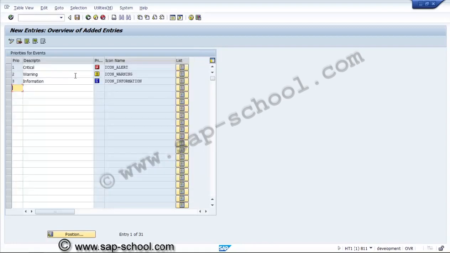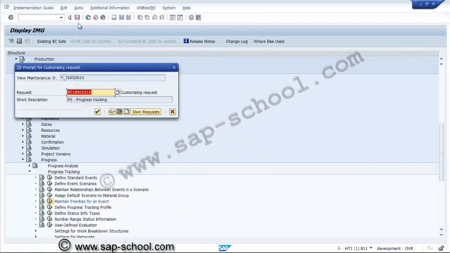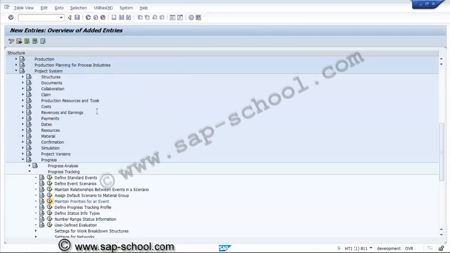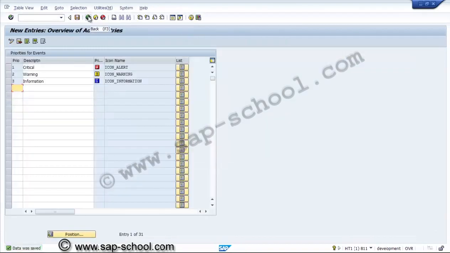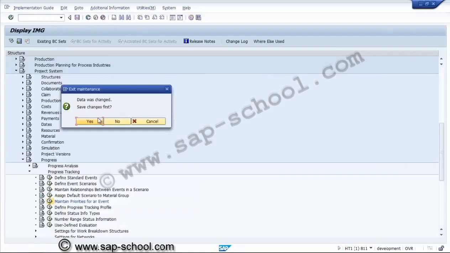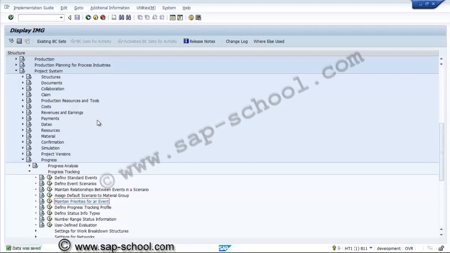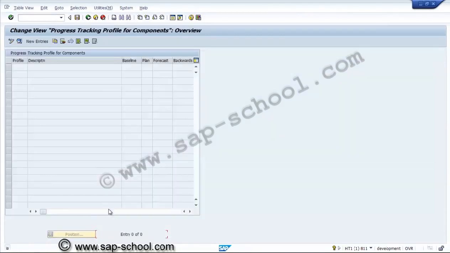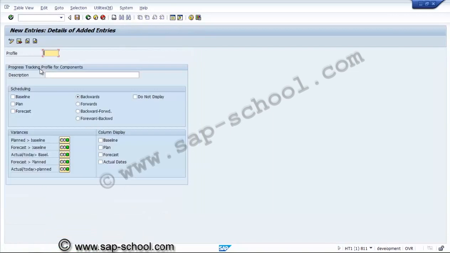So this is for the information. So we have created priorities for events. Now we'll see the profile, progress tracking profile. This is the main profile for doing the progress tracking. So we'll go to the progress tracking, new entry, then we'll give again PS